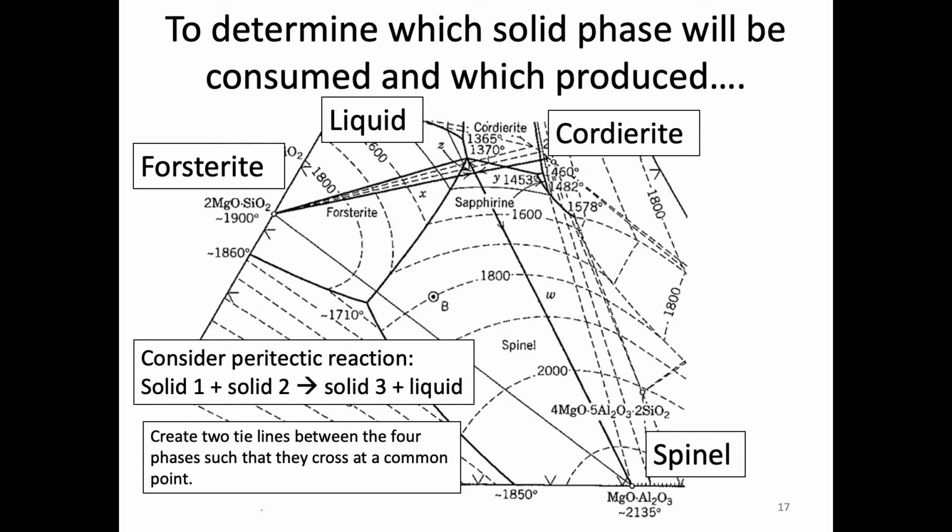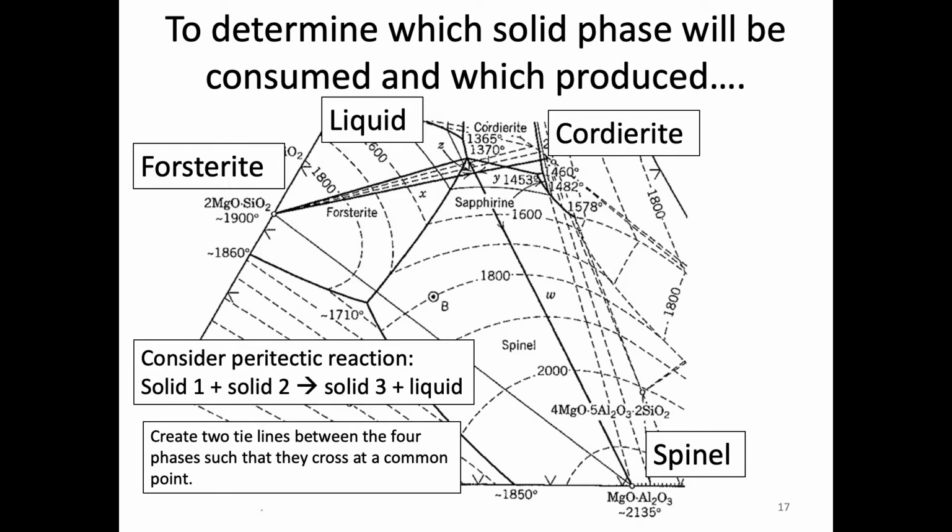And so when we create liquid, the composition of the liquid is outside of the compatibility triangle. And that's why we have to compensate by the consumption of 2 of these solids to create the third. And the way we do that is by finding sort of equilibrium between 2 sets, a solid and a liquid